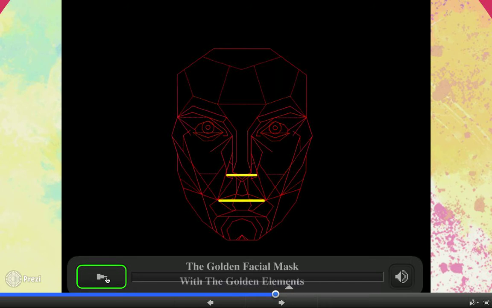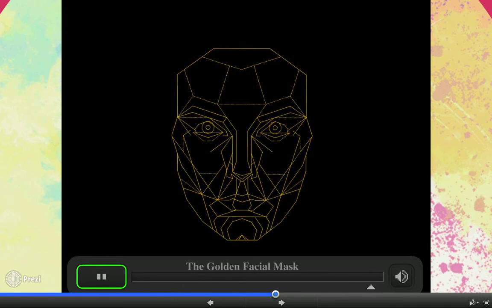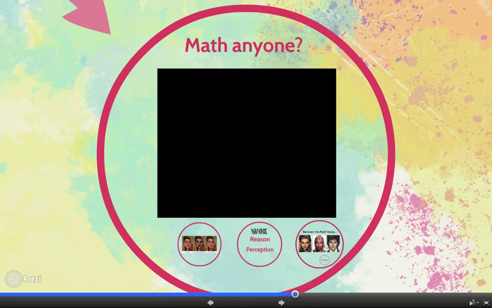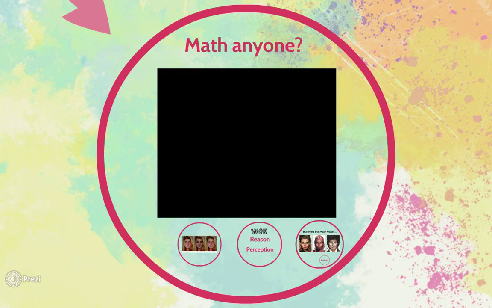As you can see, the mask follows all different symmetry lines and harmonious patterns, following the perfect ratio and other things. So this is the mask that you would then take and apply to a human's face. And the plastic surgeon would go in and have the face create the same planes as seen here. And so it has been called the golden facial mask because of it. So he took the perfect mathematical number and created a mask that he then applies to different people.